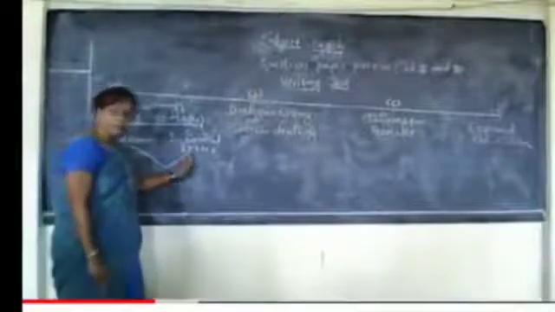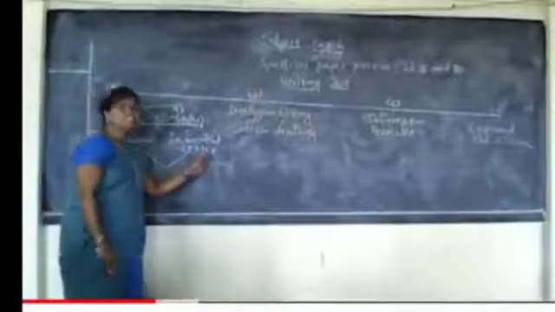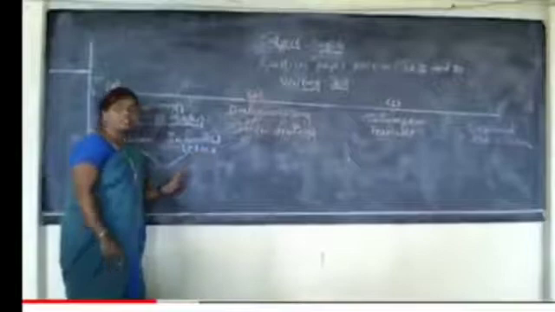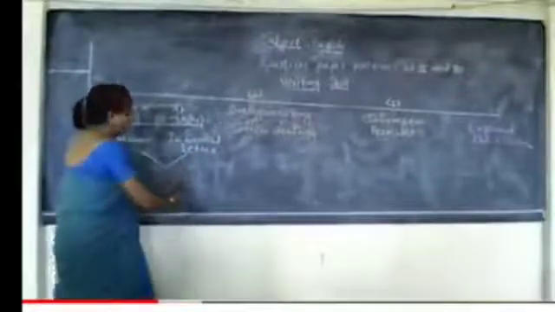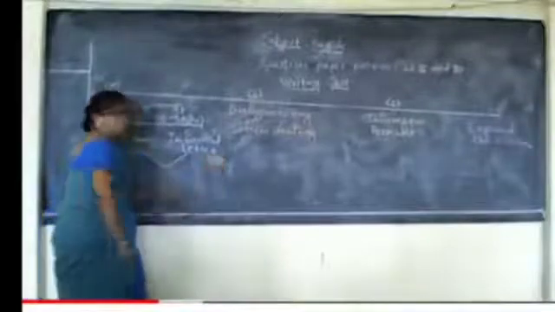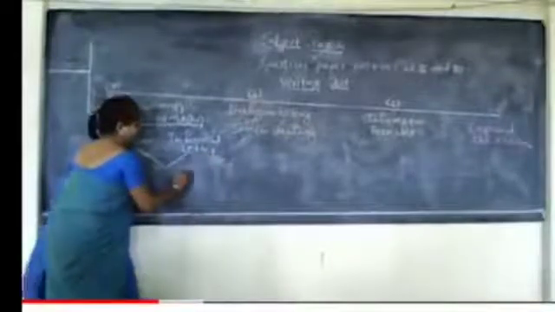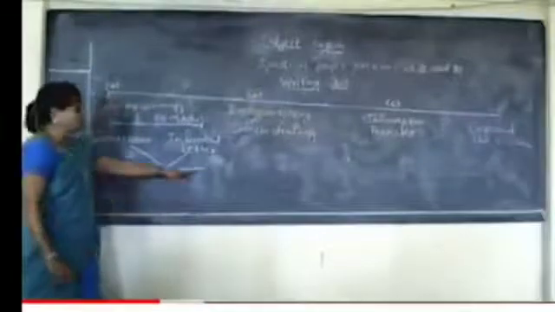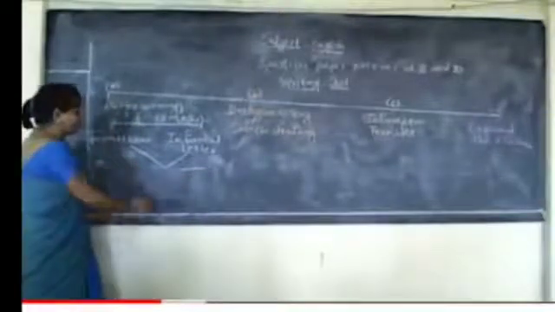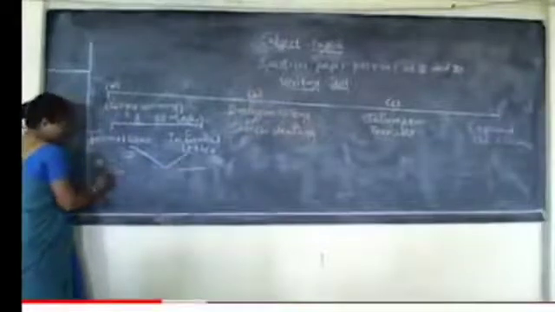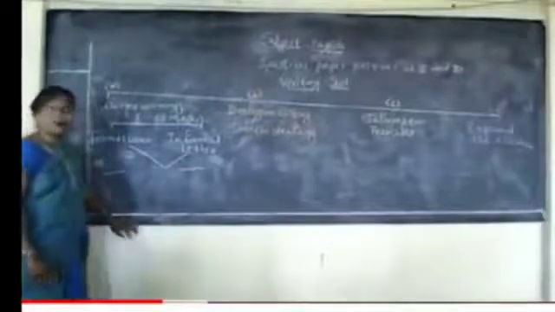While writing an informal letter, you have to write only sender's address and salutation. There is no need for the recipient's address to be mentioned. Okay, so here sender's address and date, and here only salutation. There is no need of writing the recipient's address here. Okay, so here salutation carries half mark, here also salutation carries half mark.